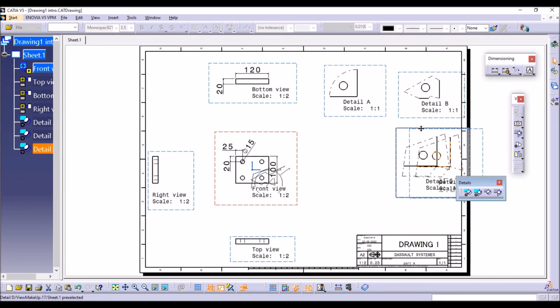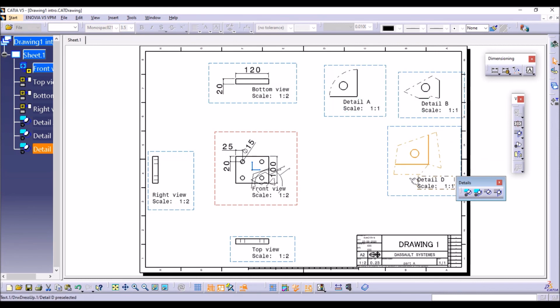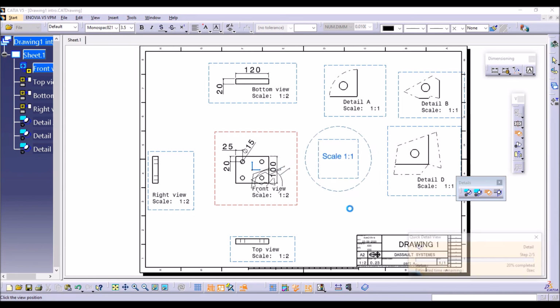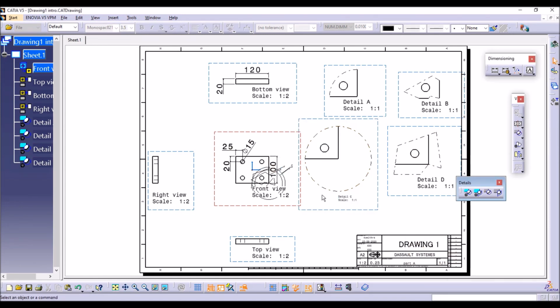This is detail A, B, and this is D. If I want to give the details of a quick view profile, just select the point and drag the area like this. Like this you will have different detail view options. This is about the detailing views of the drafting.